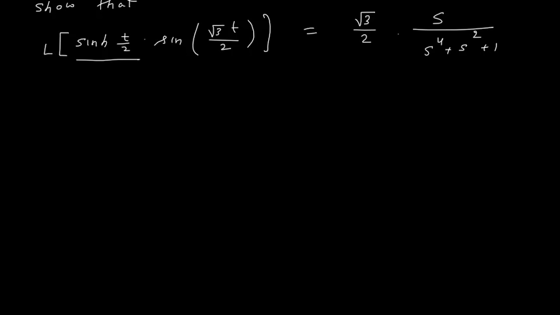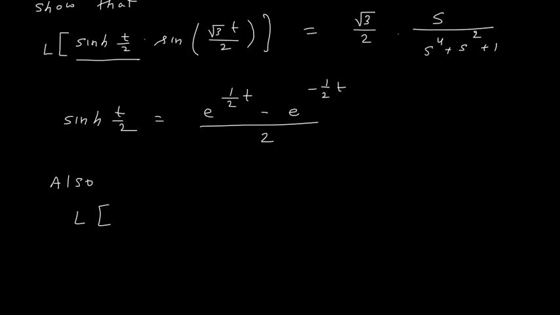So I will say that, first let us see what is sine hyperbolic t by 2. It is e power 1 by 2 t minus e power minus 1 by 2 t, and whole divided by 2. This is my sine hyperbolic t by 2. Also,